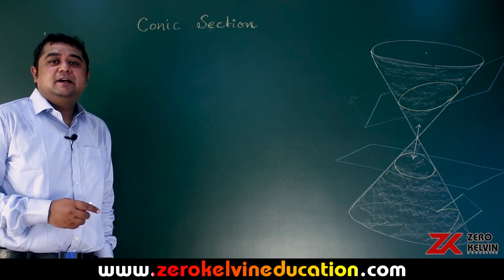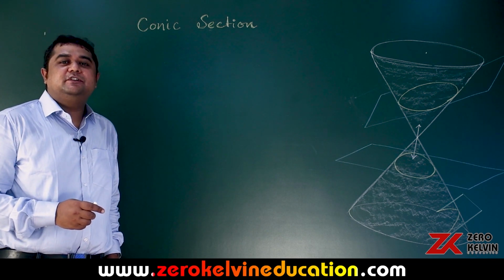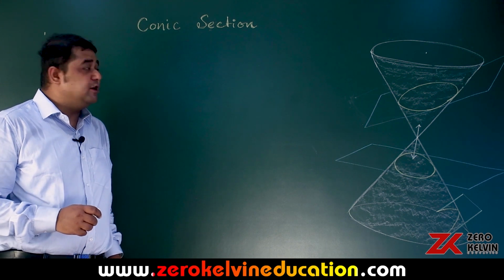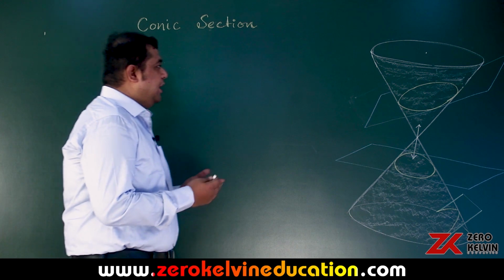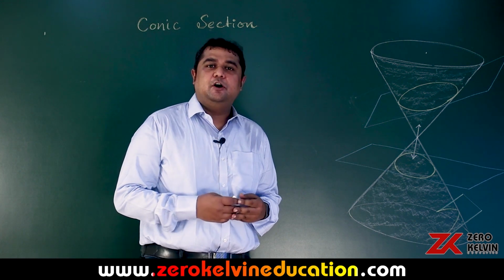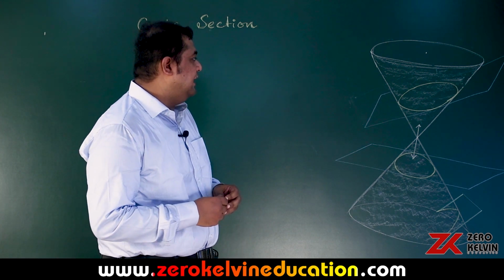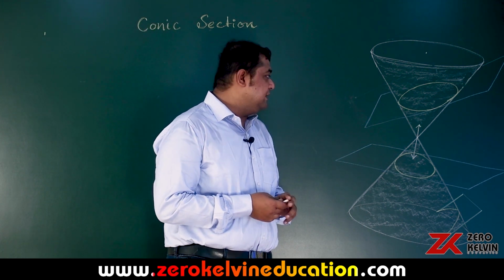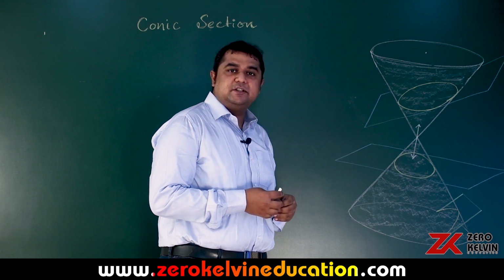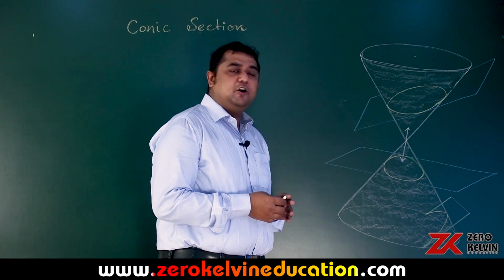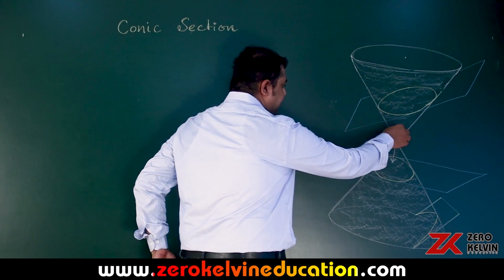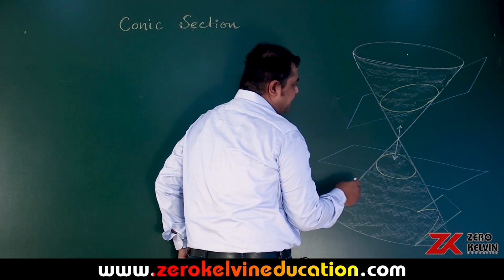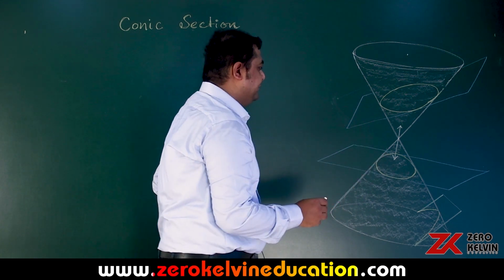Hello students, in this particular session we are going to discuss a very important part of two-dimensional geometry, that is conic section. So how did the idea of conic sections occur to us? Firstly, we have considered two right circular cones placed such that their vertices coincide and their axes are also coinciding. You can identify the arrowed line. This particular line shows their respective axis which has already coincided.